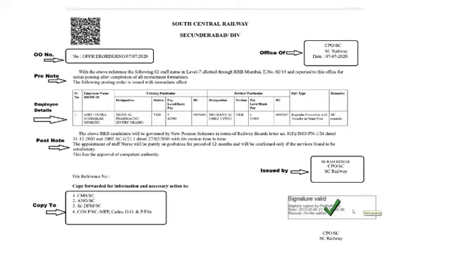Left bottom is copy to. We are also giving provision of HRMS ID here so that all those orders can be given to those people on their own ID. We are making that provision. And in between, you have employee detail, which is our basic data. It goes into the database of the employee. Here, name of the employee and his HRMS ID is mentioned. Designation of the person is there.